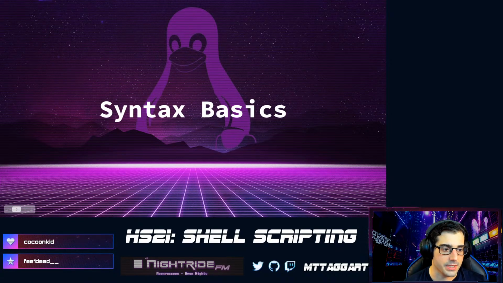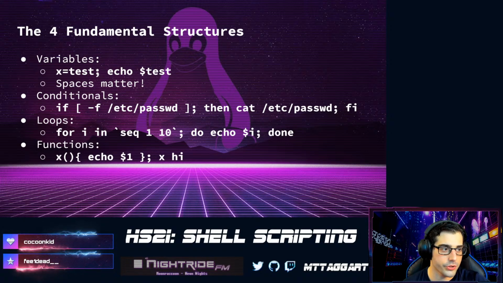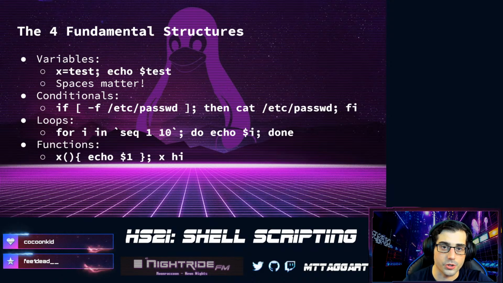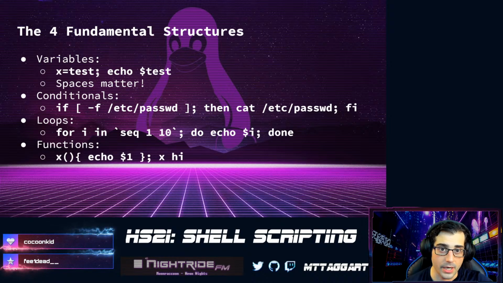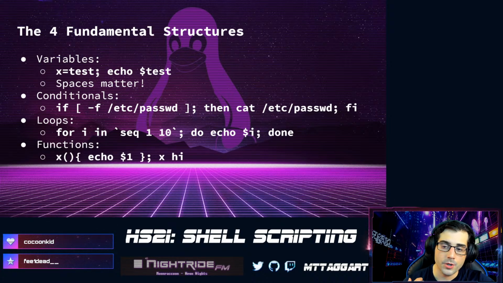But let's start with some of the basic syntax. And I'm going to leave this cheat sheet up. And of course, the slides are added to the Git repo, so after the session, you're going to be able to take a look at these as well. Some basics we're going to start with would be variables, conditionals, loops, and functions. I'm going through these because these are the four fundamental structures of programming, at least in an imperative programming language, not a functional programming language. So we're going to start with creating and using variables, and then we'll go to conditionals and then do some loops and functions.